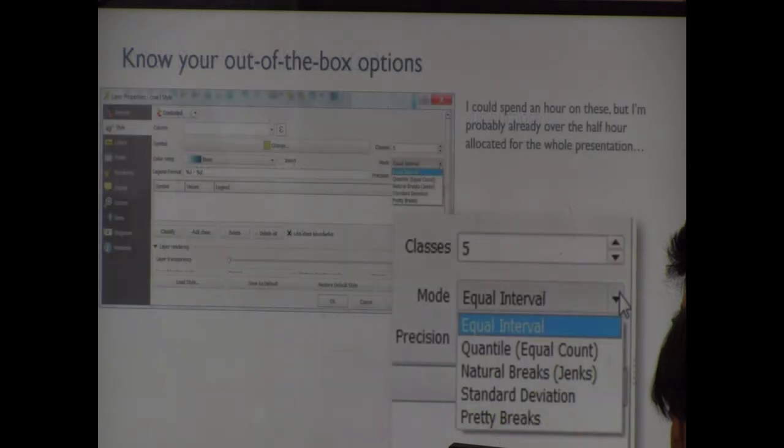You got a lot of things to choose from. So these are the QGIS out-of-the-box options. You got equal intervals, just break things up along a number line. You've got quantiles, give me roughly equal numbers of enumeration units in each grouping. Natural breaks, which is, I think, the most overused and misleading classification scheme. I know none of you would do this, but if you were using ArcGIS, it is also the default classification